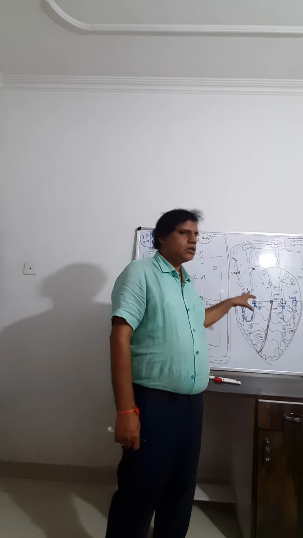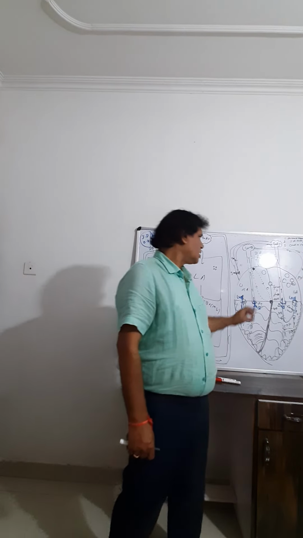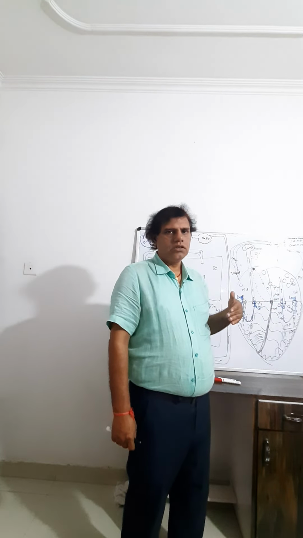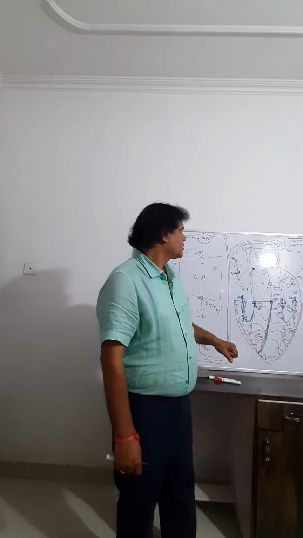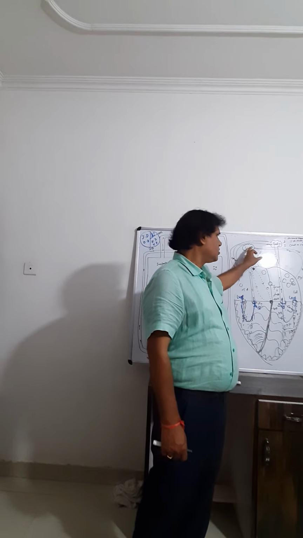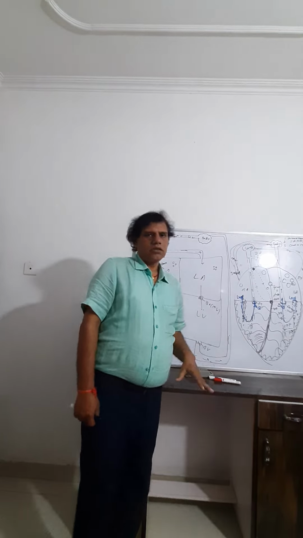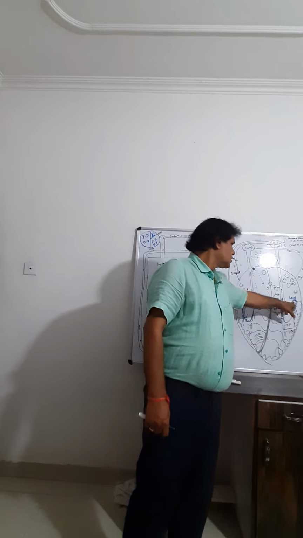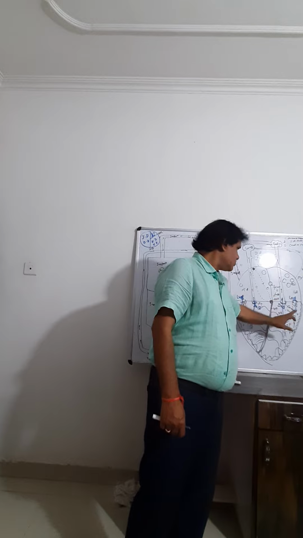Coronary sinus is a vein related to the heart, and the superior and inferior vena cava are the large veins which collect blood from the superior and inferior parts of the body and open into the right auricle. And the lung, which consists of pure blood, opens into the left auricle. So this type of circulation is the double heart circuit, and there are valves between the right auricle and right ventricle, and the left auricle and left ventricle.